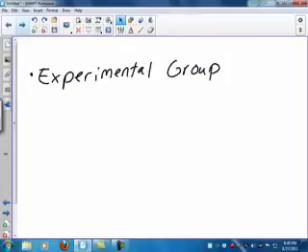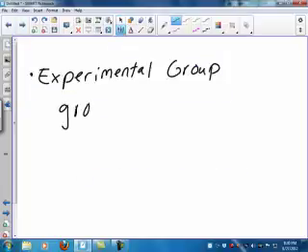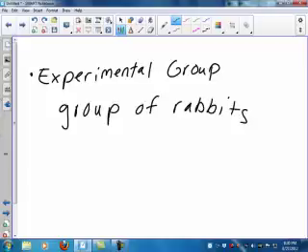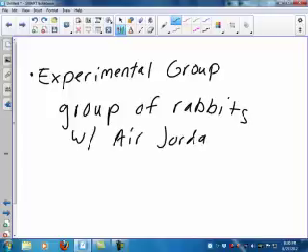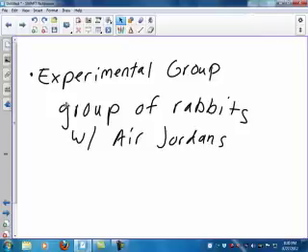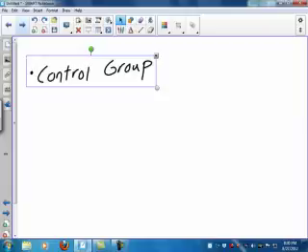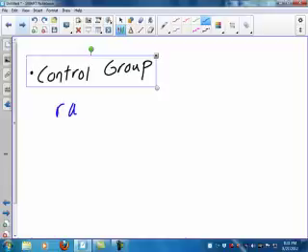So experimental group, the group of rabbits with Air Jordans. That is my experimental group. What's my control group? It's got to be the other group, right? The control group is a group that we do not use the independent variable on. We always have one control group because we always have to compare our experimental group or groups to something else. So our control group in this case is going to be the rabbits